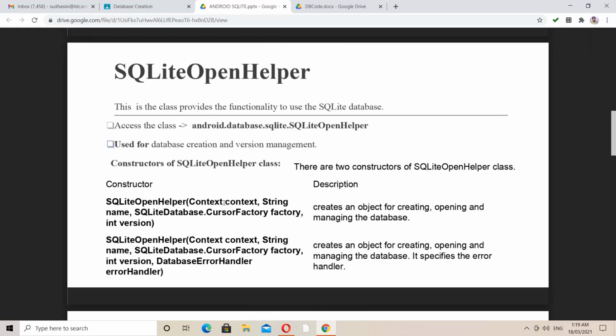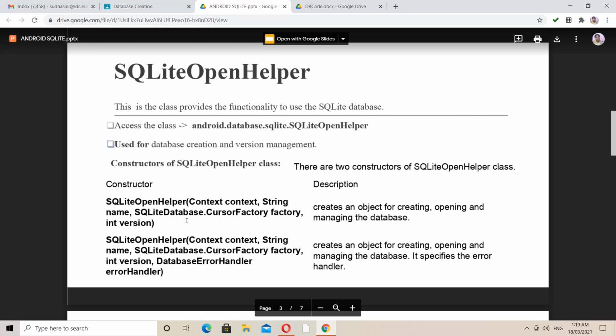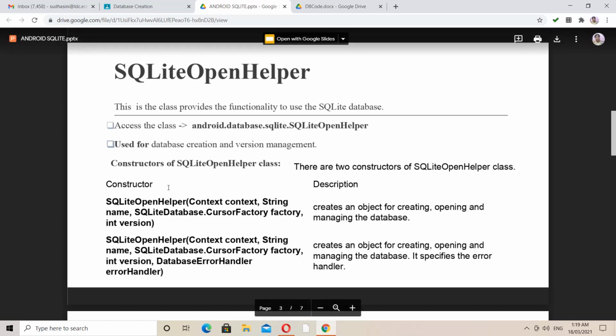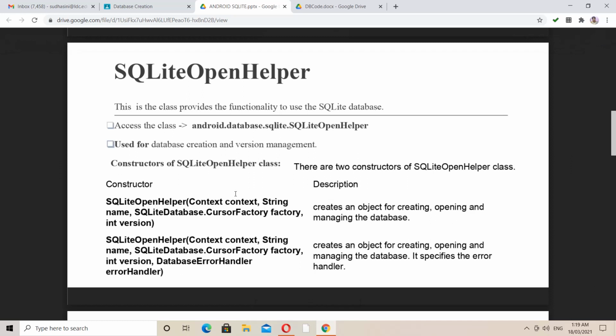It has different kinds of parameters: context, string, SQLiteDatabase CursorFactory, and int version. It creates an object for creating, opening and maintaining a database. This context denotes the current activity of your application.